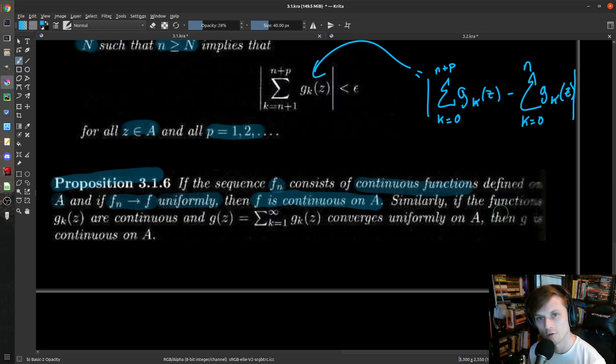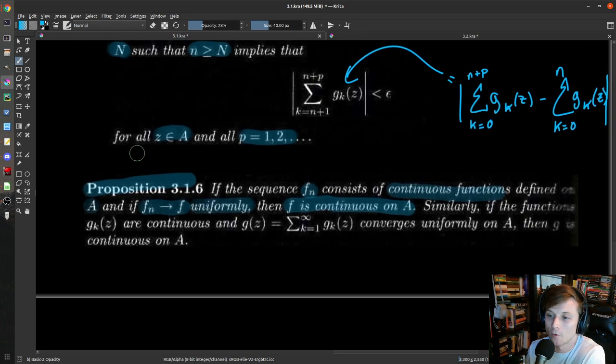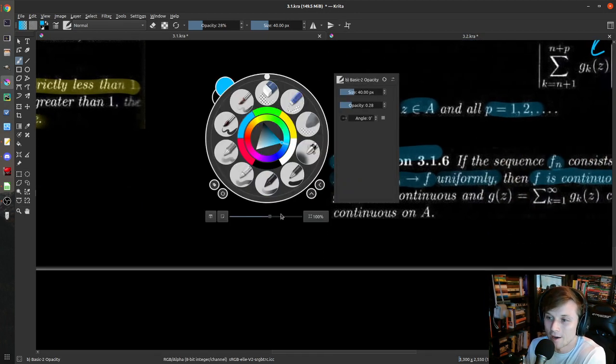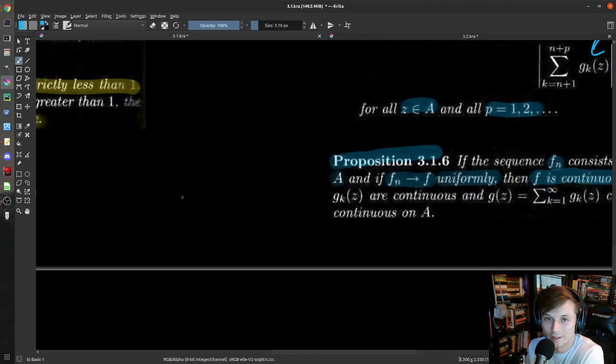Is this true for pointwise convergence? It's a tough question, right? Now, all you'd really have to do is come up with a sequence of continuous functions that converges to something discontinuous to prove that the same does not hold for pointwise convergence, and that's quite easy to do. So here's a great example.